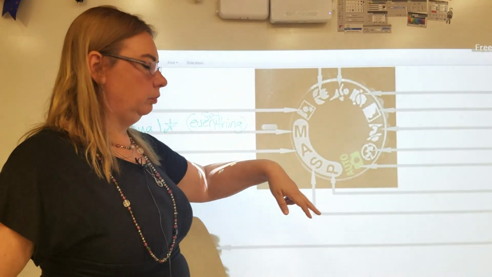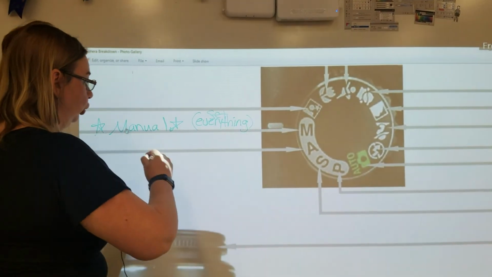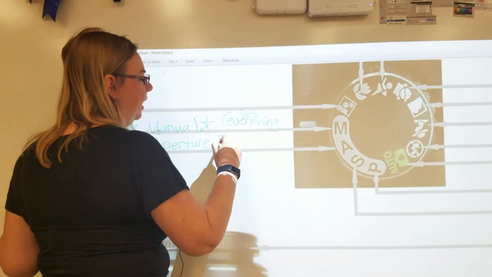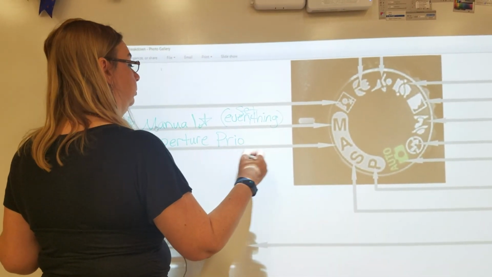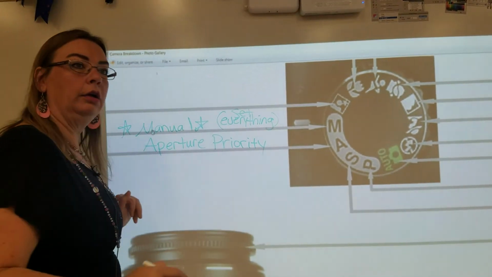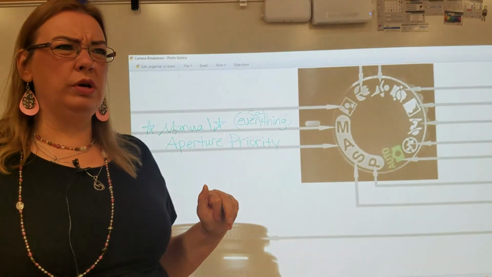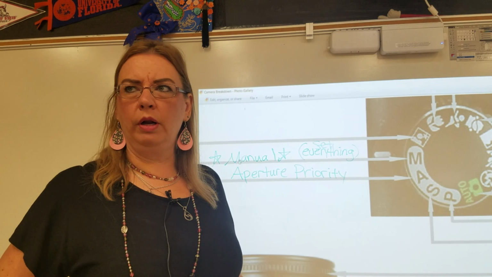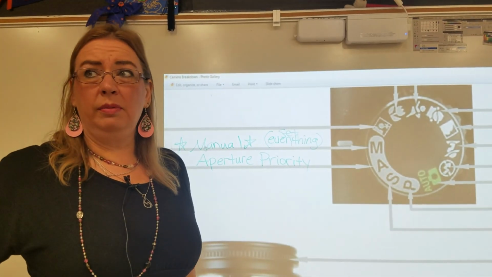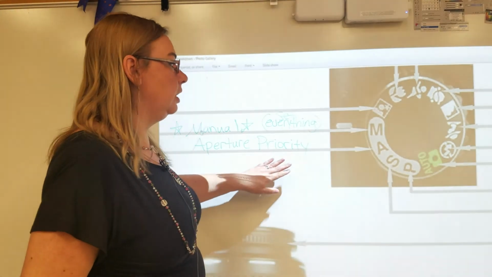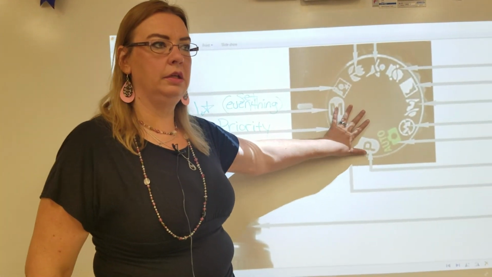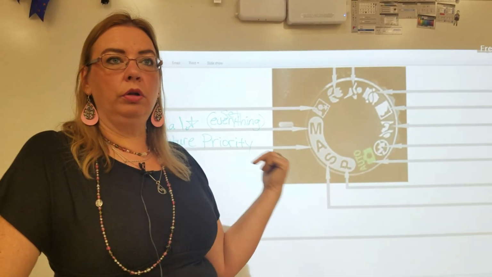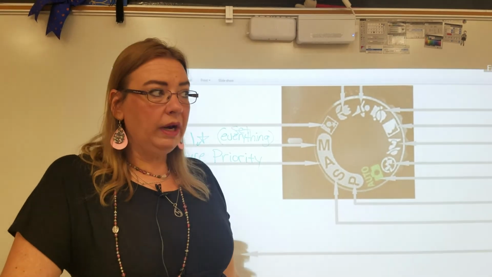What's A? Don't say auto. Aperture. Huh? Aperture priority. Okay? Why is it aperture priority, not just aperture? Aperture priority. Does anybody know what aperture priority means? You may have read about it. Depends where you are in your paperwork, whether or not you've read about it yet. Anybody? Nobody? Okay, well, I'm going to tell you. And I'm going to tell you because, again, on your point and shoots, you have these. And if you, five or six years from now, buy a camera and you're like, crap, what did Miss Weller say? You can remember what I said about aperture, but you can't remember